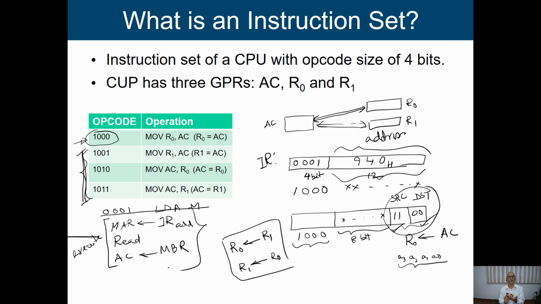Now, what we have seen: the instruction set, what are the instructions that we are going to provide. After that, we have to freeze the format of those instructions. According to the format, we interpret the instruction, and finally give the steps that we need to perform when we execute the instruction, that means to get the desired effect of that instruction. Once these things are clear, or we have designed it, then we can move to implement those instructions, and we can design our processor.